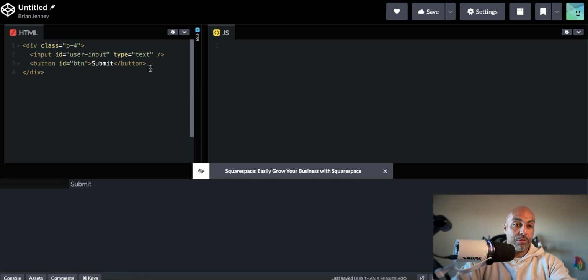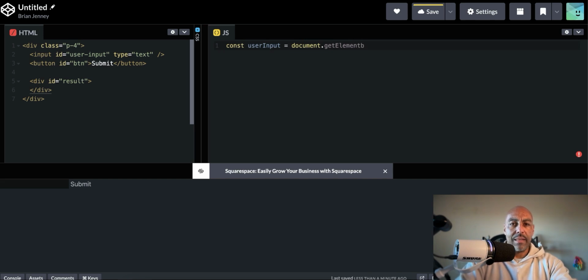which leads me to, we want to show it on the screen somewhere, right? So let's have another div here, like a placeholder essentially for where we're going to stuff our answer. And we'll give this an ID of result. Why not? Now let's make some JavaScript variables. We'll do a const userInput equals document.getElementById